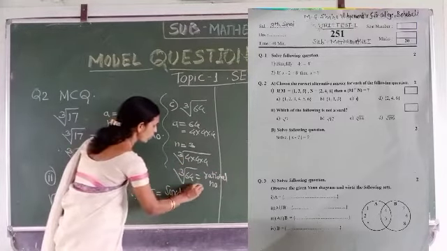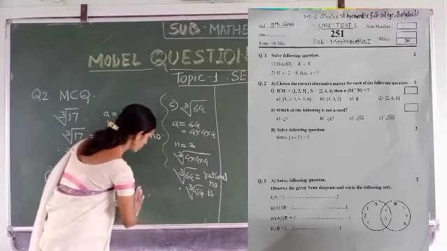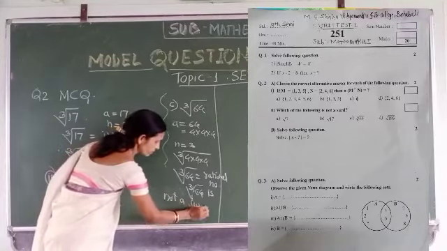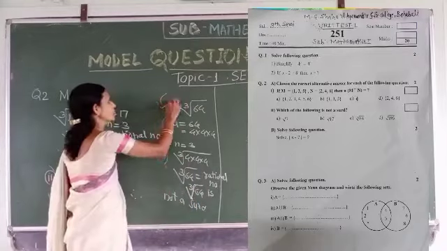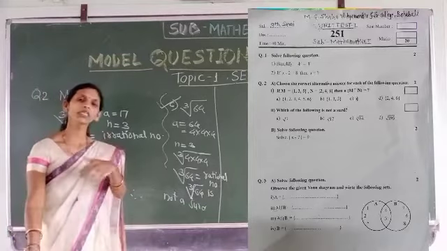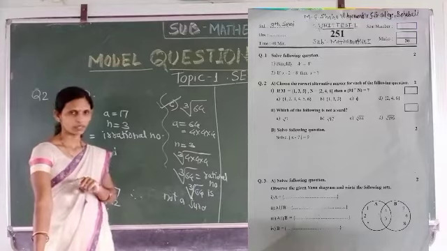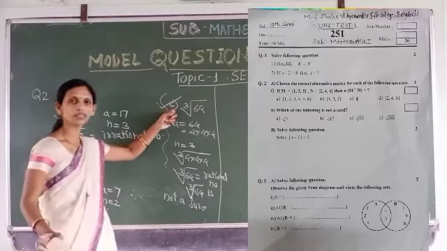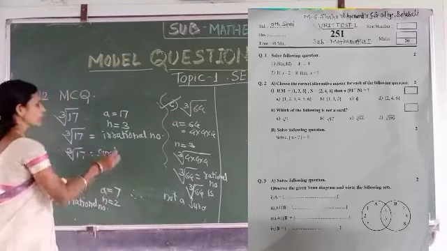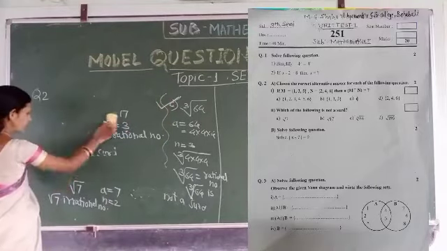Therefore, cube root of 64 is not a surd. That is, the C option is correct. Then we do not have to find out whether the D option is correct or wrong, or whether it is a surd or not, because here we got the answer, that is, cube root of 64 is not a surd. So the answer is alternative C, or option C.